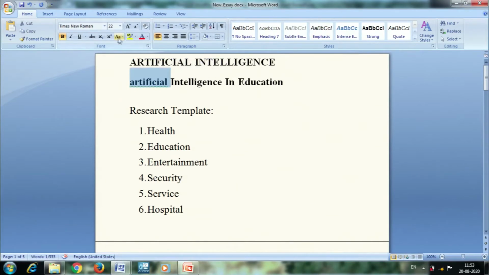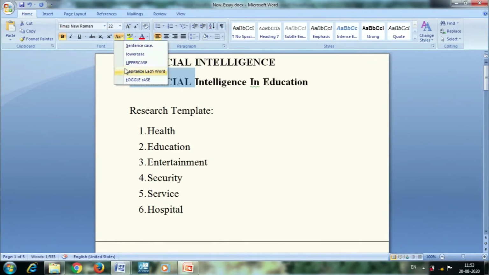I will select the same word and select the option uppercase. Uppercase means all the alphabets will be printed in capital. So, here it changed to uppercase. Here it shows capitalize each word. So, we can take some other text. I am taking the first sentence, artificial intelligence, and choosing the option capitalize each word.